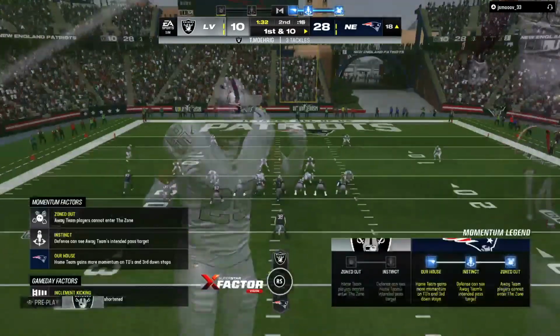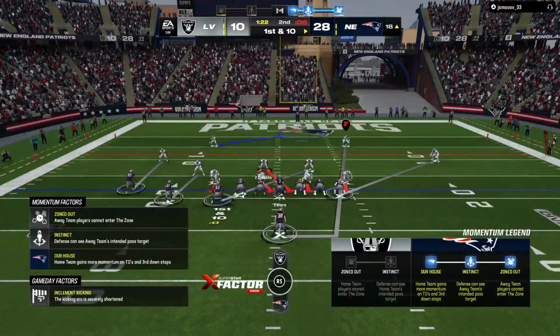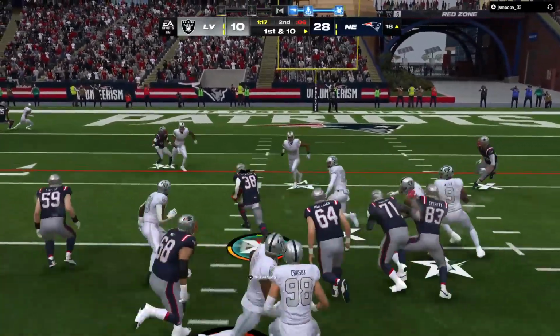So many times in my career I've heard coaches talk about completions are one thing. But as long as we're there at the catch and we get guys on the ground, we can live with that. But if you're going to give up 10, 12, 15...